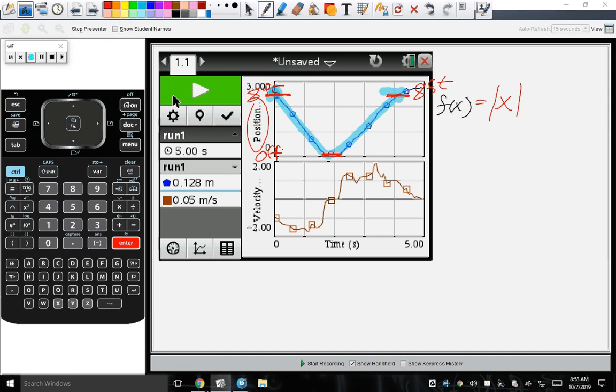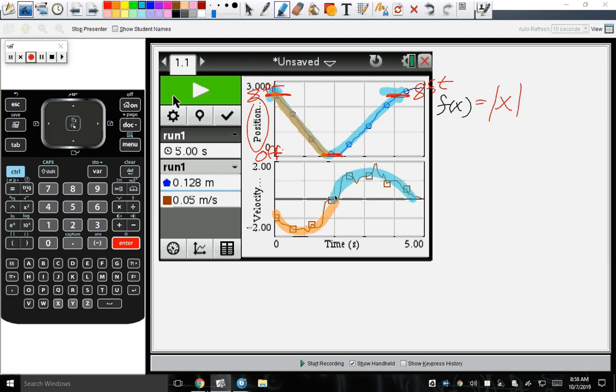Okay? Now during this time, during this first interval, as they were approaching the wall, I'm telling you that there was a negative velocity. And the negative velocity means it was below the x-axis. Okay? So in respect to this wall, they had a negative velocity. As they moved away, it became a positive velocity. That's why it's above